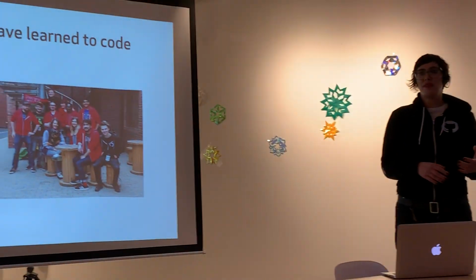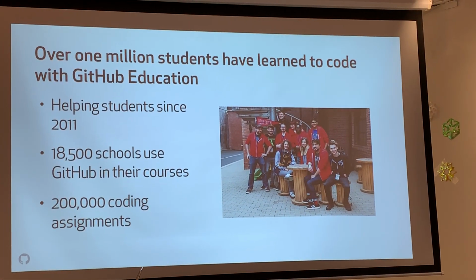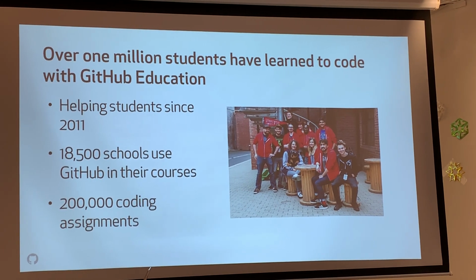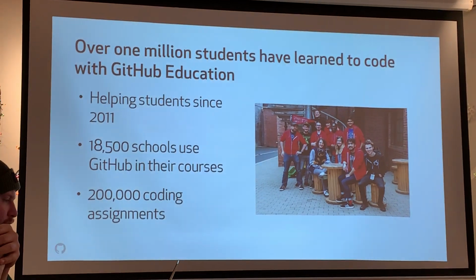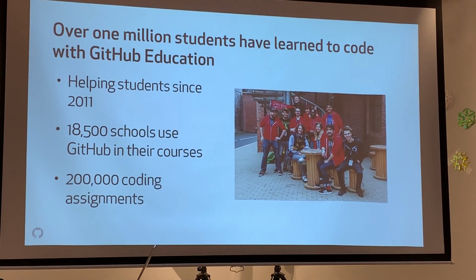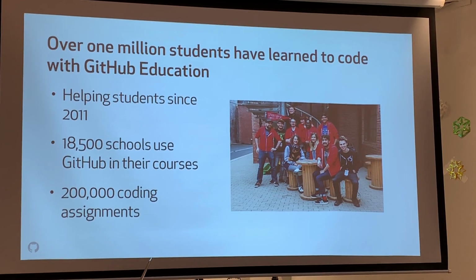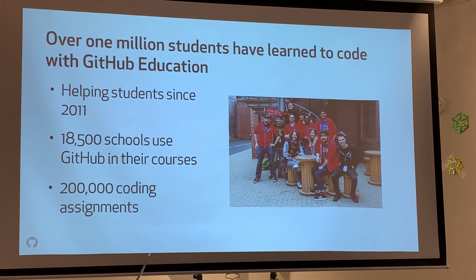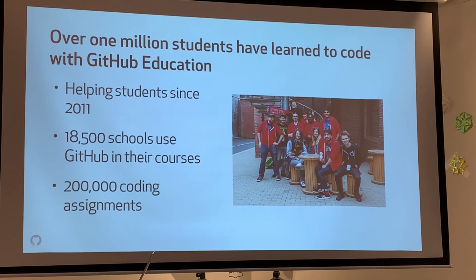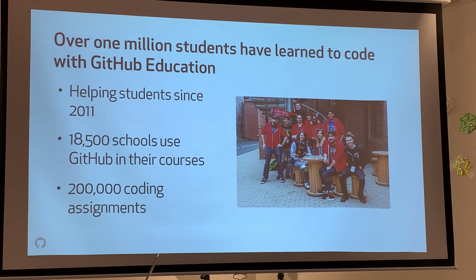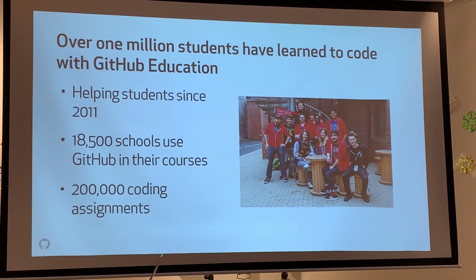And as a result of these initiatives, I am proud to say that we have helped over 1 million student developers. I think the number is around 1.3 million now. And we have about 18,500 schools using GitHub Education, including Temple, Penn, Drexel, and actually the school district of Philadelphia. Through our tools, we've distributed 2,000 coding assignments. So that's folks who are accepting their assignment and doing their work and actually learning with GitHub in the classroom.